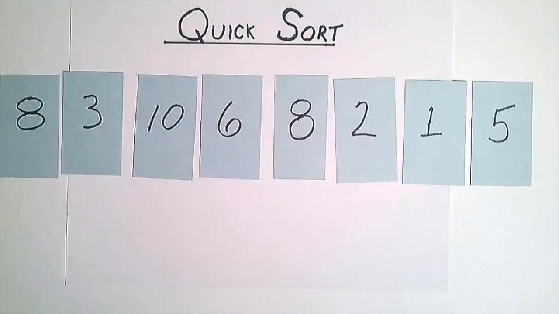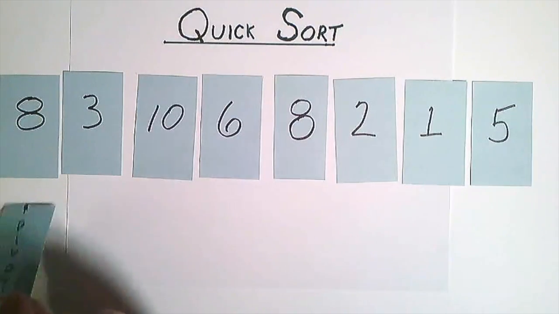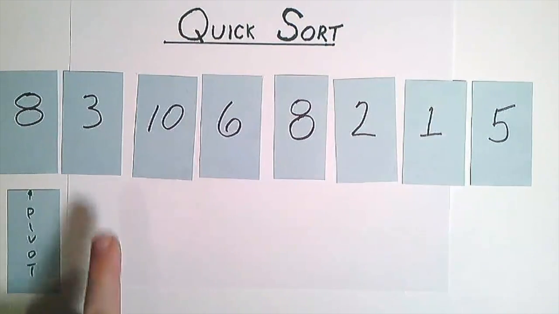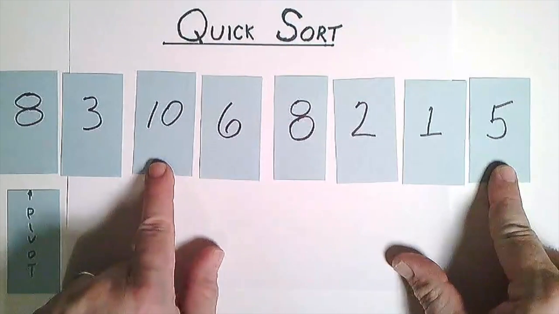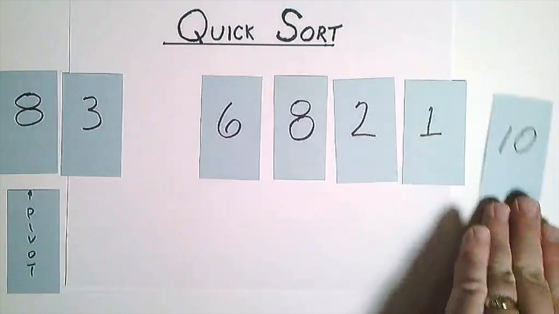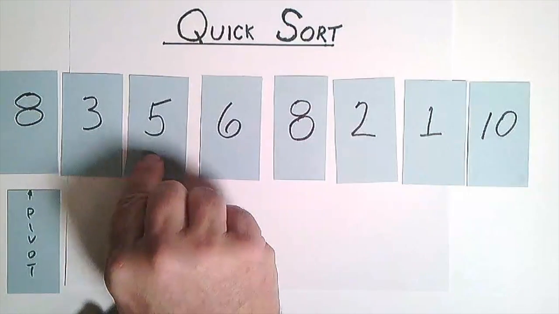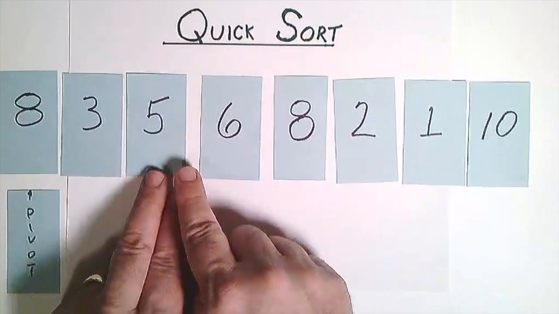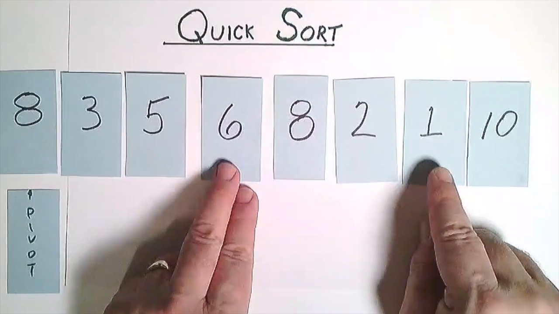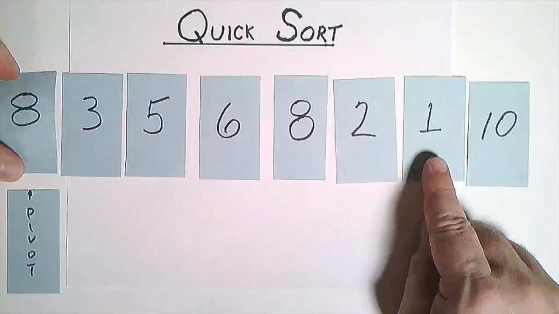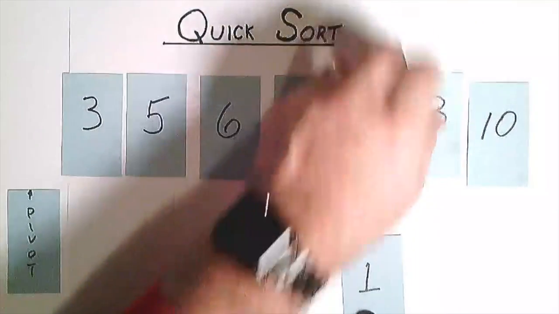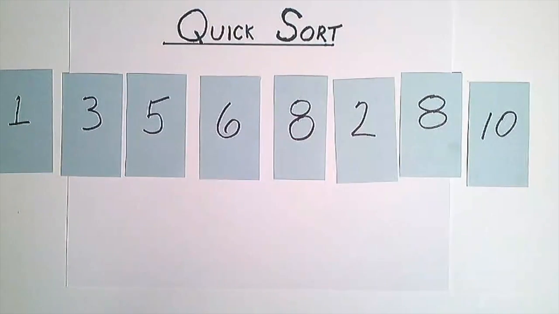So what exactly does that look like? Here's a quick sort. Here's a list we have. We're going to choose the first position, 8, as our pivot. We're marching down. On the right side, hey, 5 is less, and on the left side, 10 is greater. Then we're going to swap those two. And then we're going to keep on looking. 6, 1. 1 is less than it. All the other numbers to the left are equal to or less than, so we're going to get to the end of our pass, swap the pivot out of the first position